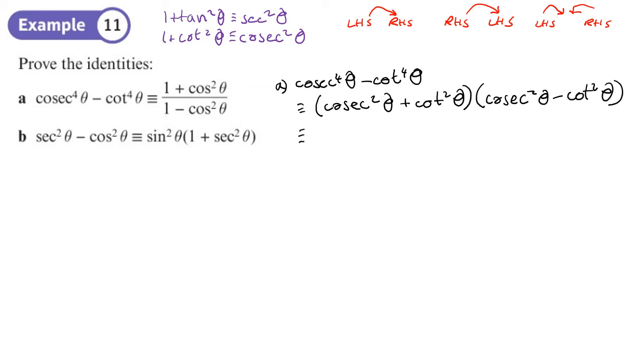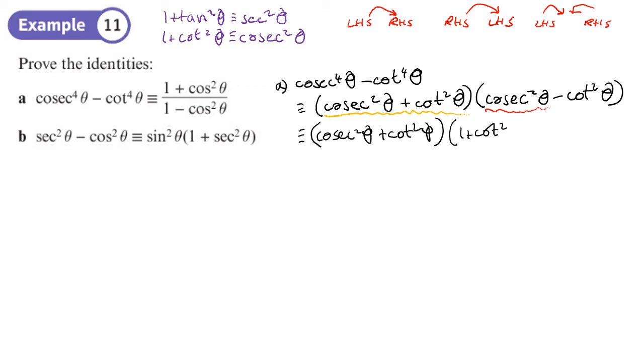Now I can use an identity to either get rid of the cosec or the cot. Because I've got 1 plus cos squared in the answer, I probably want to keep the bracket that has the cosec plus cot, and try to get rid of the other bracket. I can do that by replacing that cosec squared using this identity, cosec squared is 1 plus cot squared. That looks promising. So cosec squared theta plus cot squared theta, not touching that. But in the second bracket, I'm going to change that cosec squared to 1 plus cot squared theta